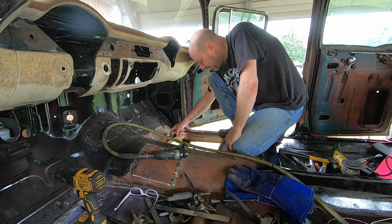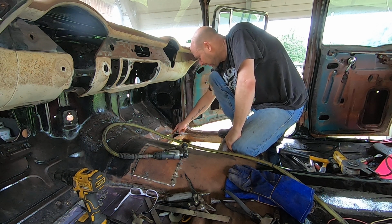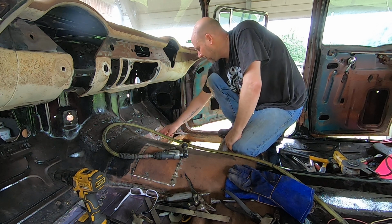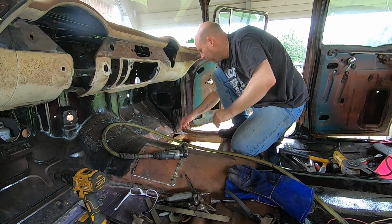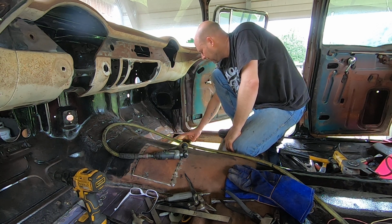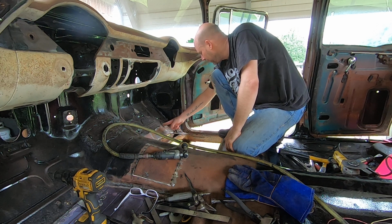I'm going to leave that because this is all still solid. I'm going to cut right at the top of it, right there. That way I don't lose any structure or anything. But anyway, I'll just replace this little section here. I may have to work something here to go around this, but